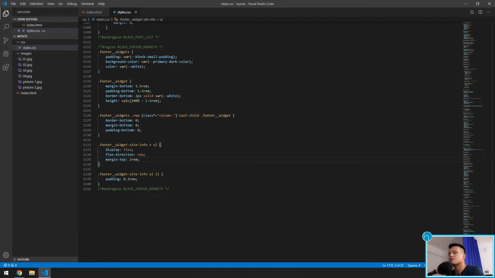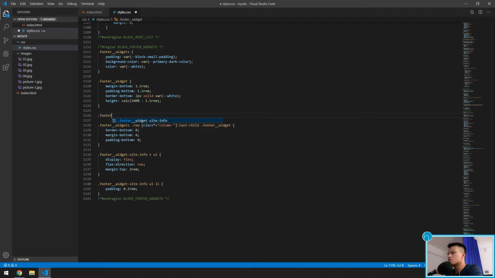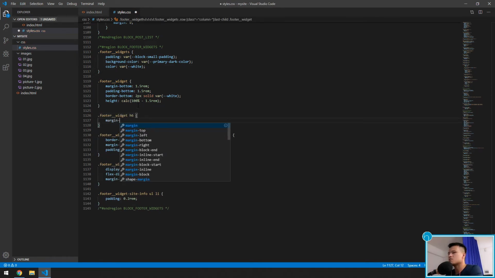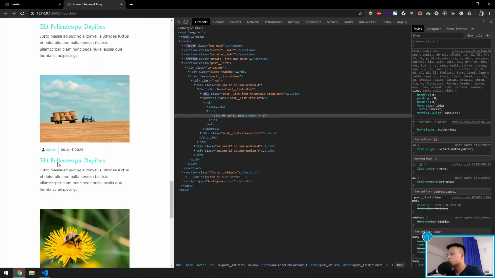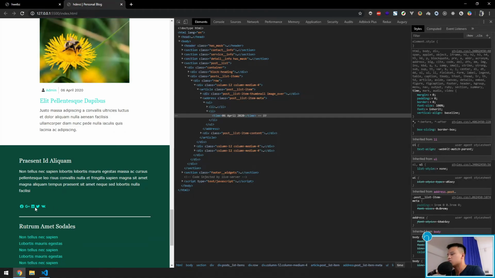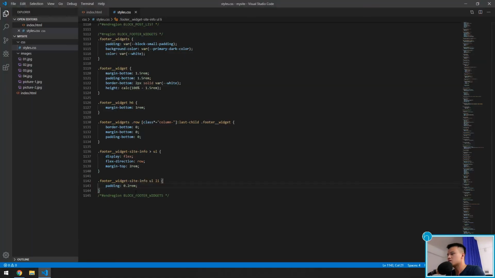Okay, for the footer widgets h6, we set the margin bottom equal to 1 rem. Okay, then we can define, as you can see here, we will make it a little bit bigger